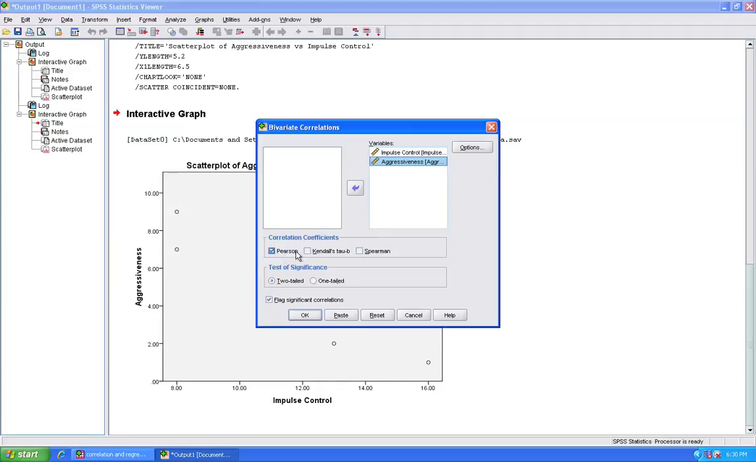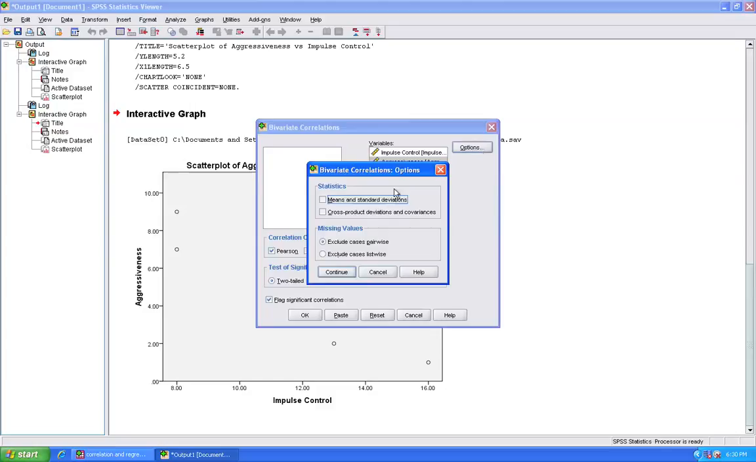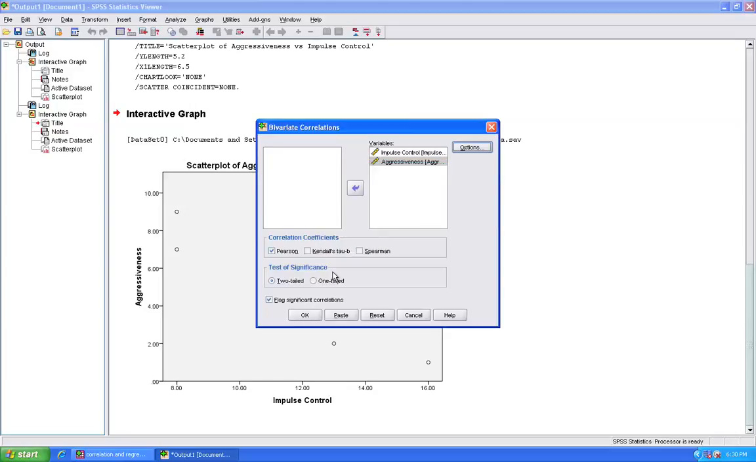The default that goes along with the correlation output is to provide a test of significance, and this is one place in SPSS where we do have the option of choosing two-tailed versus one-tailed tests of significance, and also to flag the significant correlations. Those will be flagged with an asterisk. When you click on the Options tab, you can optionally get means and standard deviations and cross-product deviations and covariance as part of the output. For this particular analysis, I am not going to choose to get that information. Once I click on OK,